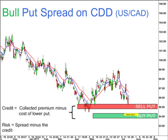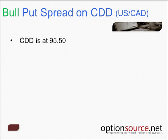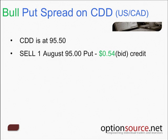So the premium that we get to collect is the premium collected minus the cost of the lower put, and our maximum risk is the difference between the spread minus the credit. So if we look at the mathematics, at the time when I was doing this, CDD was